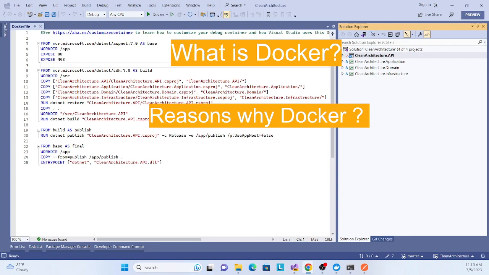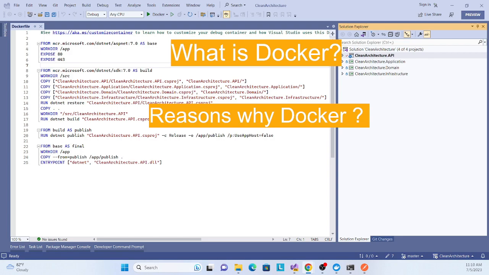Third is isolation. Containers provide a high level of isolation, allowing applications to run independently without interfering with other processes or applications. Moving to the next reason, scalability. Docker enables easy scaling of the application. You can quickly create multiple instances of a container to handle increased traffic or workload demands.